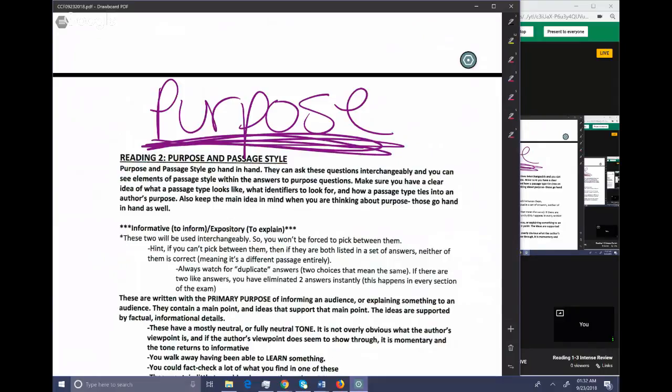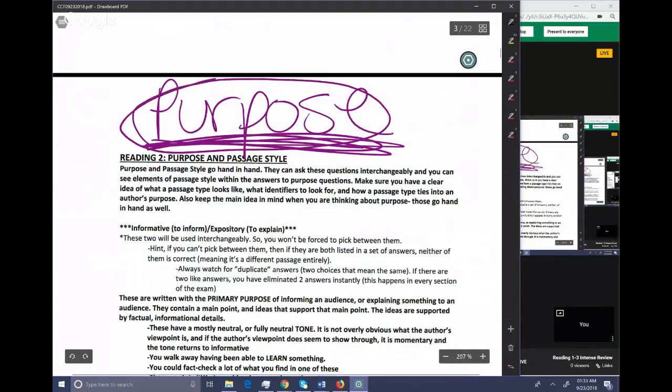What happens is something is informative and it has persuasive elements and you're torn between the two of them. If that happens, if you remember that happening on any of your purpose work before, you're missing the purpose. So if you read something and it's got some persuasive to it and it's got some informative to it and you can't pick between them, you're not thinking about purpose, because the author sat down with one particular plan in